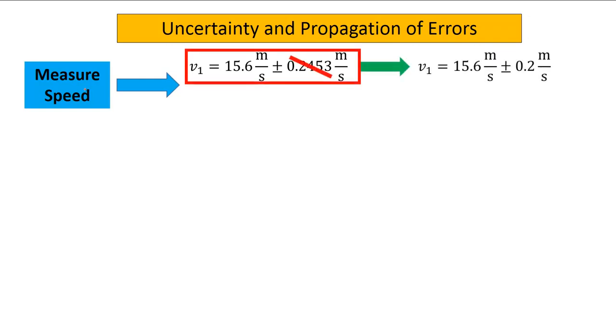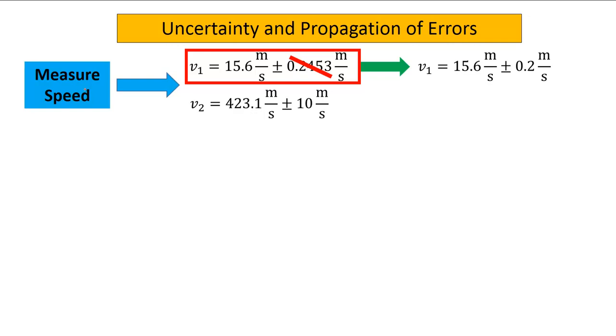So as a general rule, we should always round our uncertainty to one significant digit itself. So 15.6 plus or minus 0.2 meters per second makes a lot more sense when we're reporting an uncertainty with a measurement. Let's consider now a measurement of